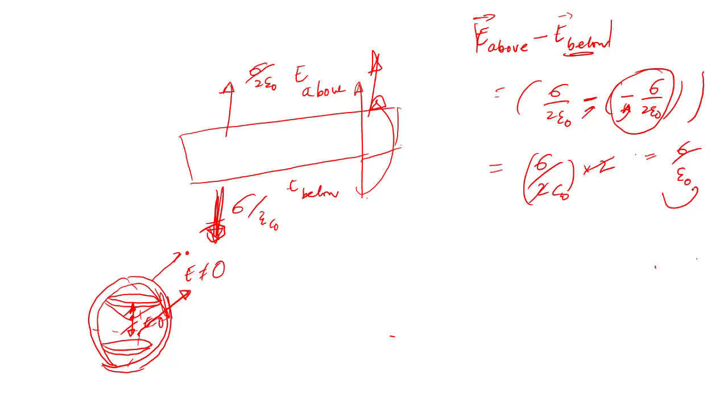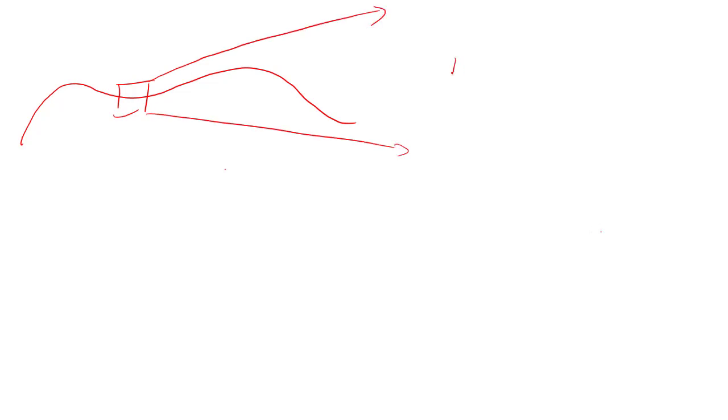So this is the perpendicular component, as you can see, of the electric field, right? But let's talk a little bit about the parallel component. We'll show why the parallel component doesn't change, or it is zero in this case. But in general, if you have some curved surface instead of flat, we can see why it should be zero. So if you have a curved surface, you can take a small region of this and zoom in, right? And that small region looks like this. That is, I'm zooming in here, so it's more or less flat,